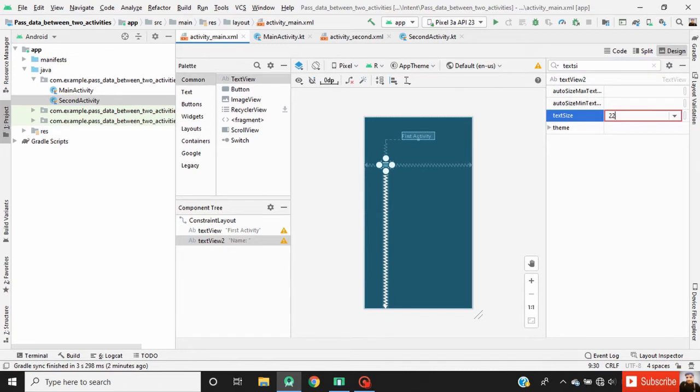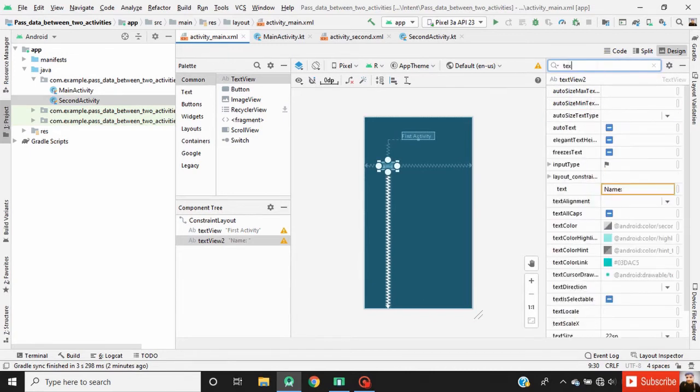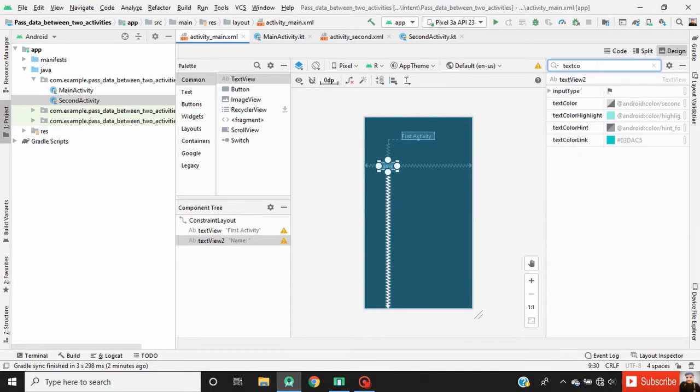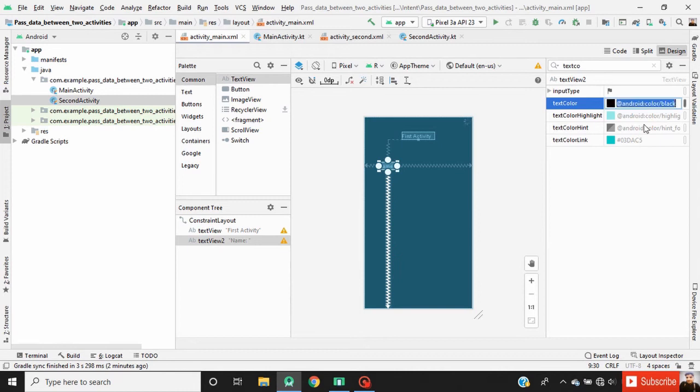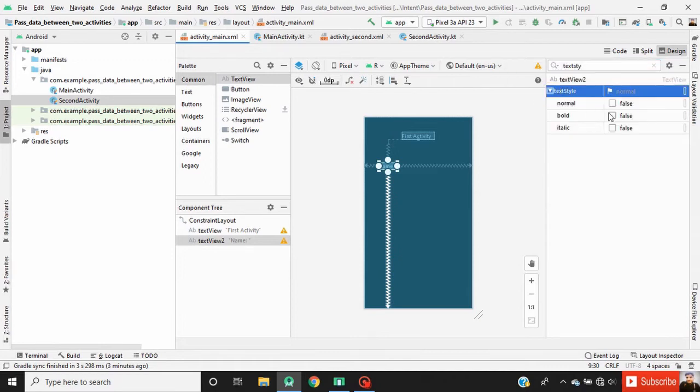Now change the text size to 22 sp. Text color to black. And text style to bold.